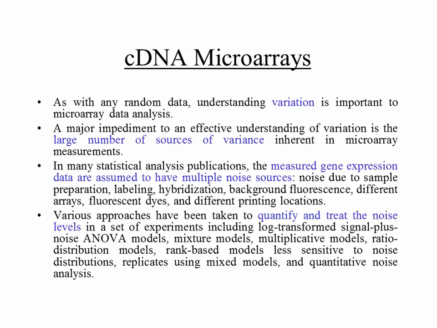It says that in many statistical analysis publications, the measured gene expression data are assumed to have multiple noise sources: noise due to sample preparation, labeling, hybridization, background fluorescence, different arrays, fluorescent dyes, and different printing locations. So that means you can do some statistical analysis by using different models for the noise, Gaussian noise or whatever model you want to use. In the statistics literature related to bioinformatics, various approaches have been taken to quantify and treat the noise levels in a set of experiments,